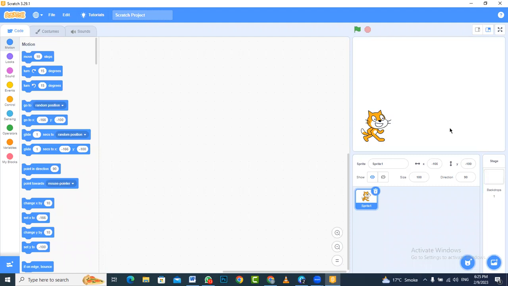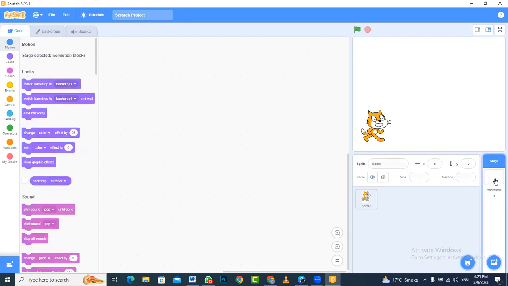Every game has an environment, and that environment is generally based on the graphics or the pictures that are there in the game. So we want to have a background which we are going to use as the game environment. To select a background, we are going to go to backdrops and click on this small button that is available here. So once you click that,